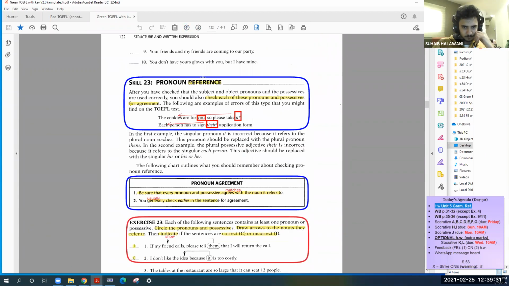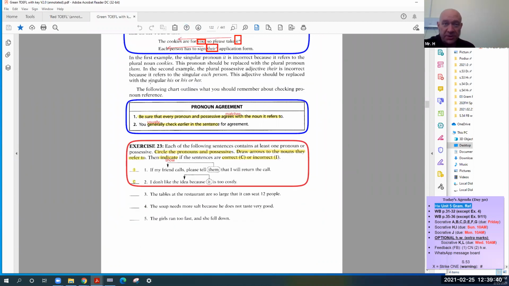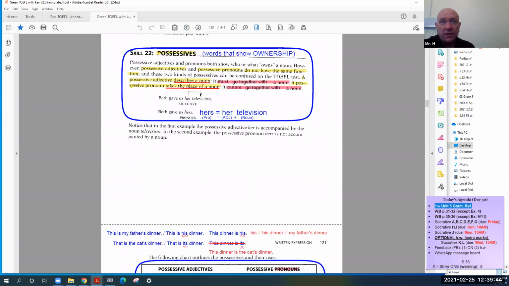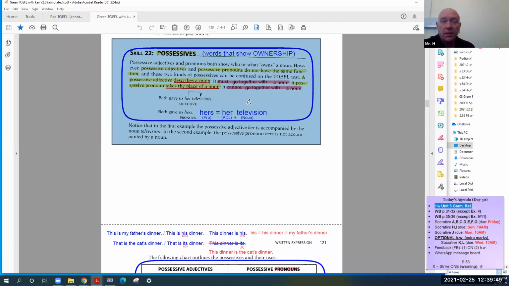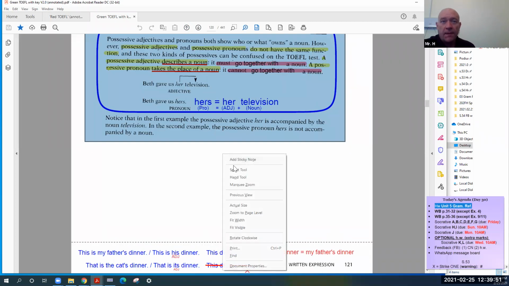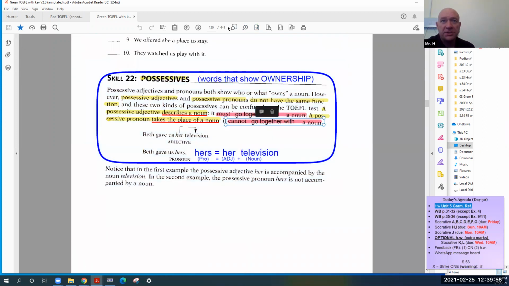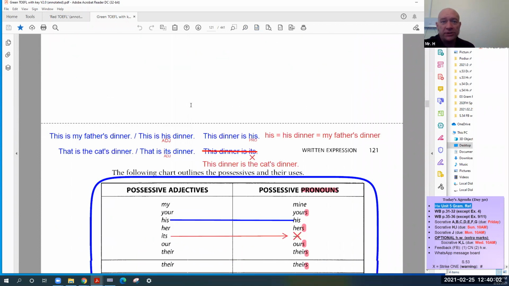Now, I'm not sure if your teachers teach you the TOEFL skills, but I teach my students the TOEFL skills. And if you look at this one, possessives, okay? Now, some of you in my class, you might remember this skill. Right? And if you remember the chart,